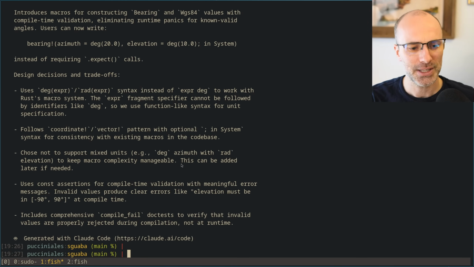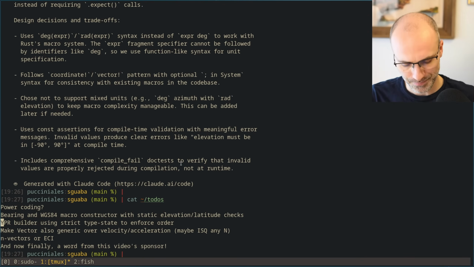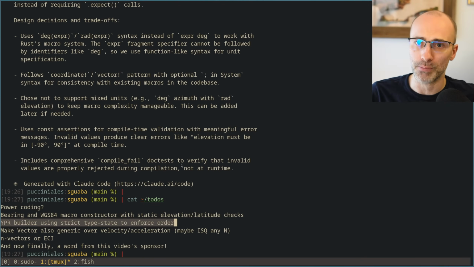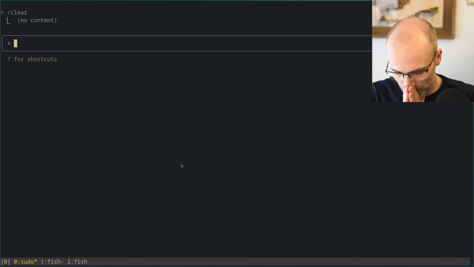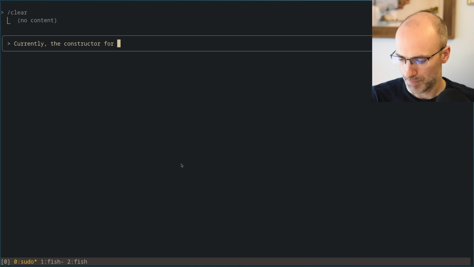All right, so let's now try feature number 2. So feature number 2 is this yaw pitch roll builder. So here's what I will try to explain to it. Currently, the constructor for... do I need to tell it to read the Claude MD again?